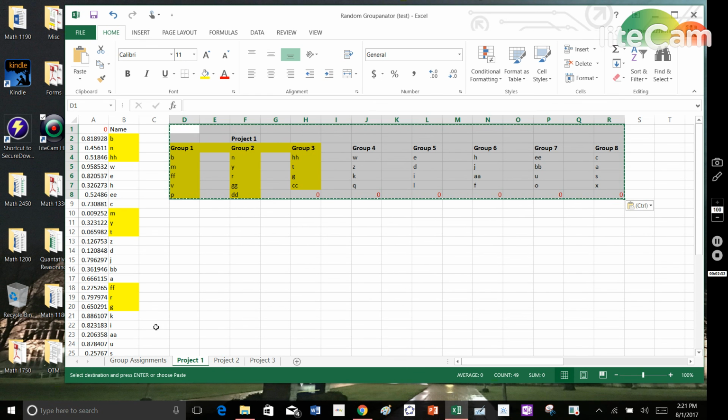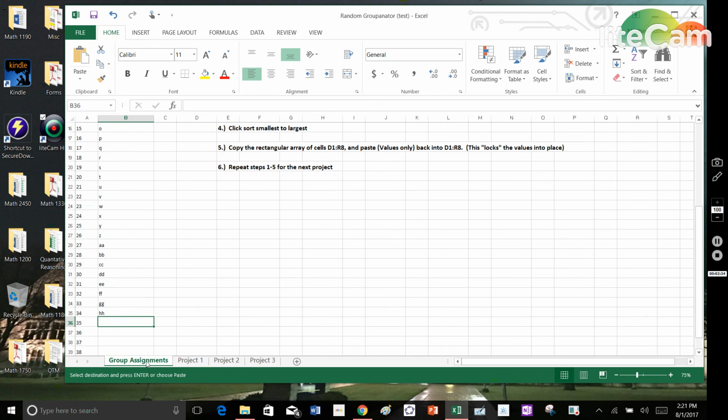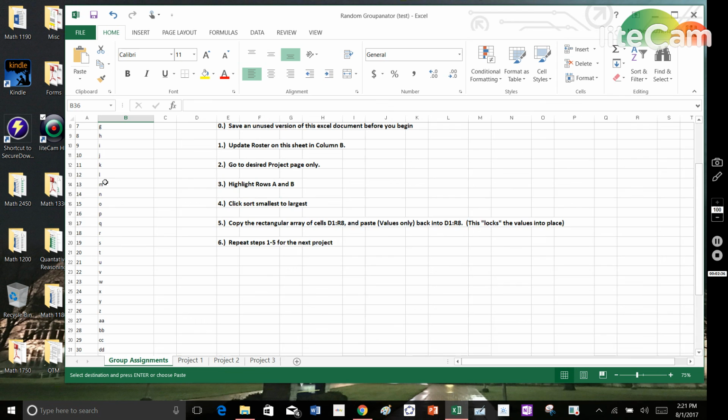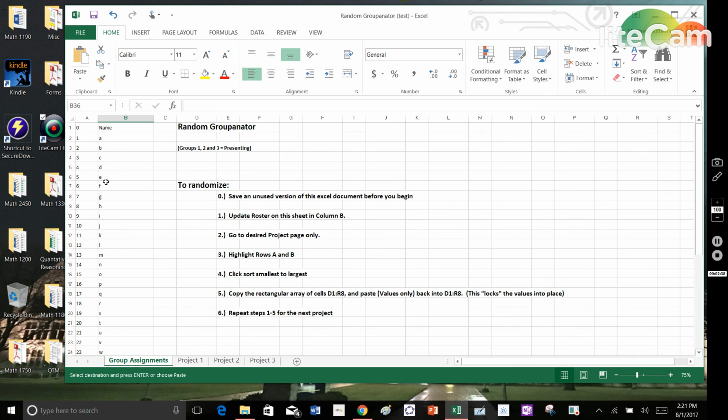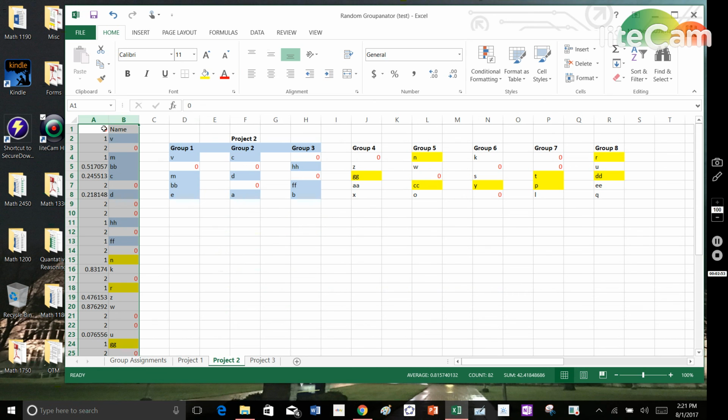So after project 1, let's say a few students drop. It's usually inevitable. One or two become inactive or they drop. So let's just delete a couple random students here. Okay, so I deleted 4 random students, maybe more, who knows. Okay, so then to figure out the project 2 groups, do the same routine. We highlight columns A and B,